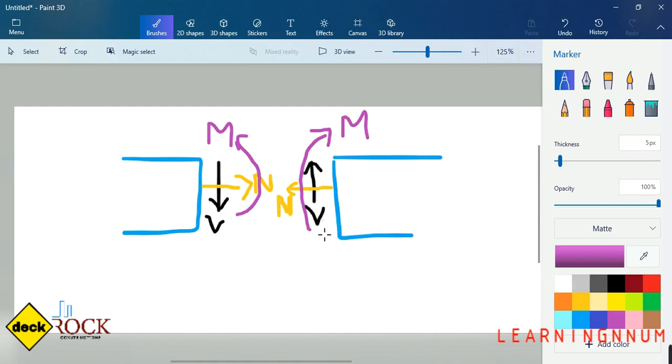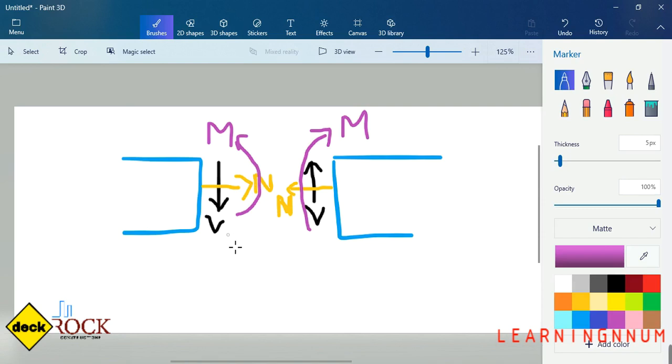Sign conventions, the choice is arbitrary. Arbitrary means it is up to you how you take it, but you need to follow one guideline. This guideline has been widely accepted in structural engineering practice. Many people practice this sign convention, so it has turned out to be a standard. You can say this is the standard sign convention.